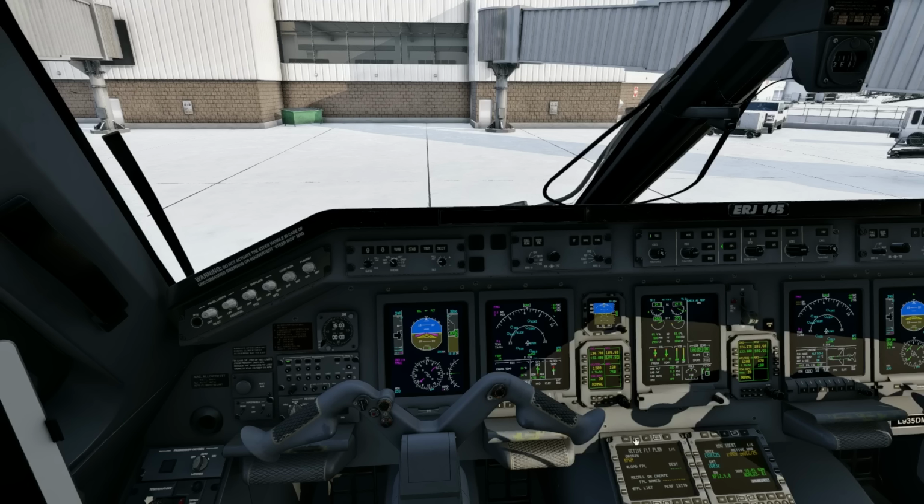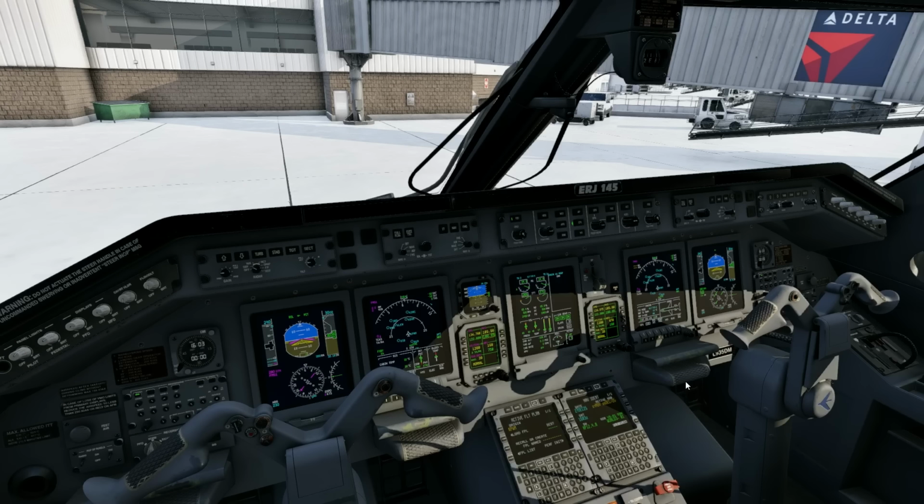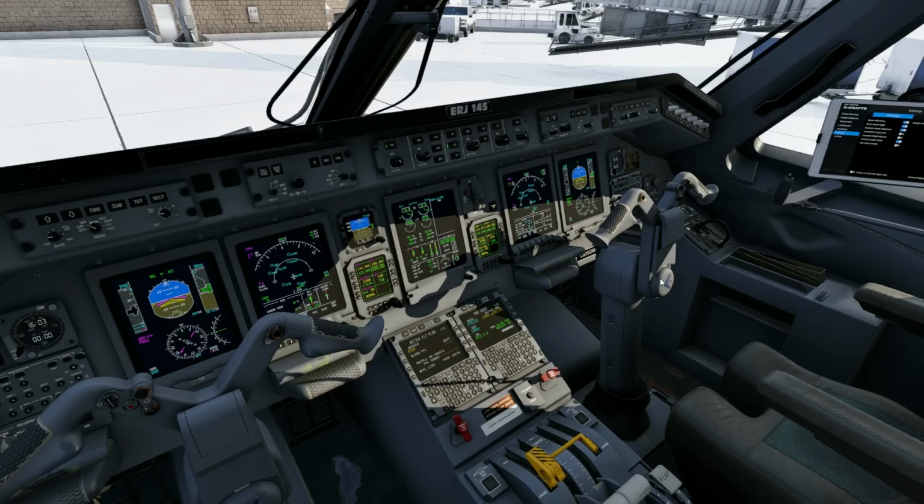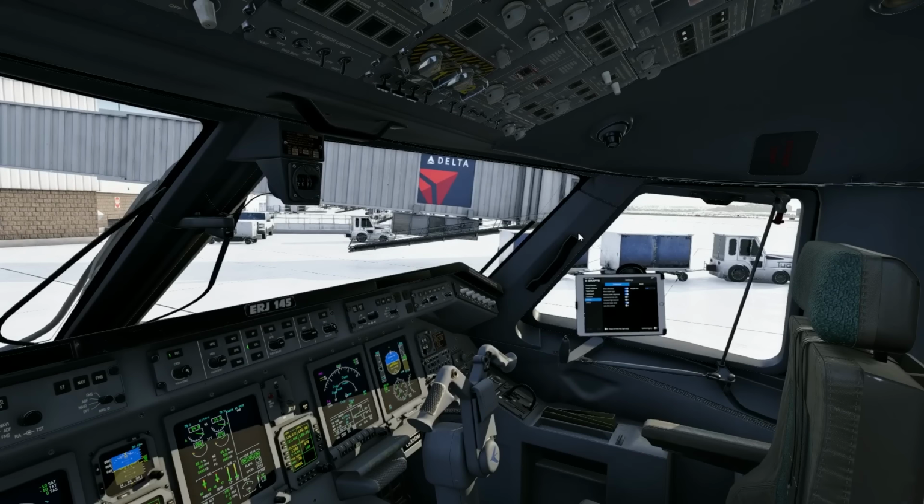So that's all for this video. I really hope you guys are getting excited for this plane. I've been flying it around a lot and I really do like it. It's a very, very cool add-on. And it's also just, like I said, the whole purpose of this video is we're really excited to show some of the systems depth. We really pushed ourselves to try to understand and present the messages, the indications, the controls,